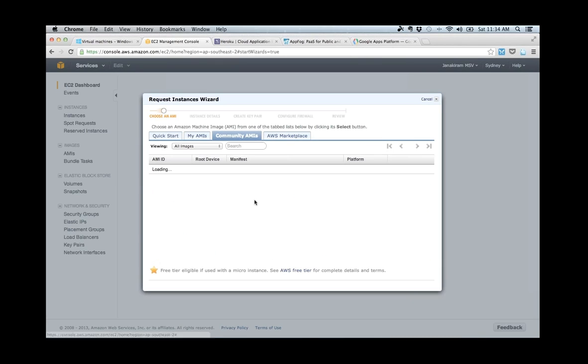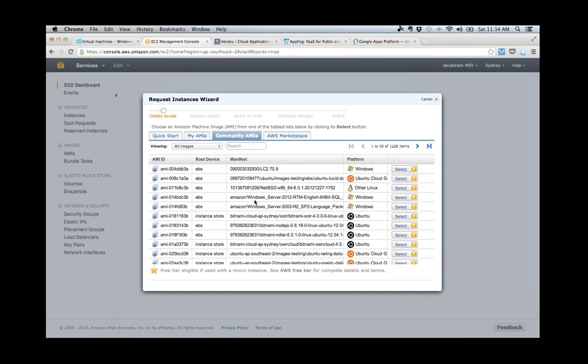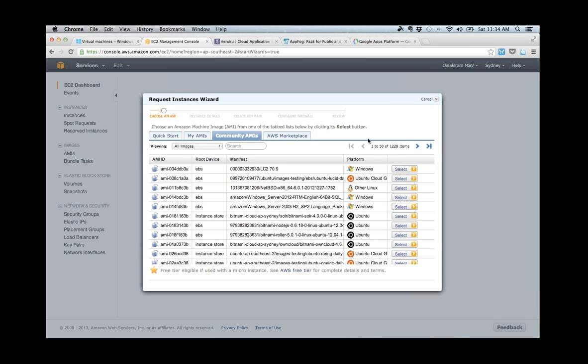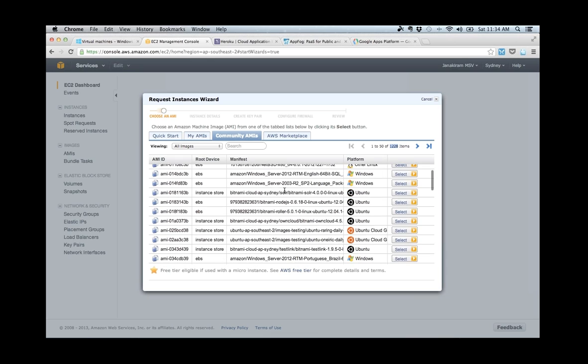For example, there's a concept of community AMIs, where the community has picked up the base images, the base virtual servers, and installed customized software. For example, here you'll see there are thousands. I'm currently in the Amazon Sydney region, and there are 1228 pre-configured images.